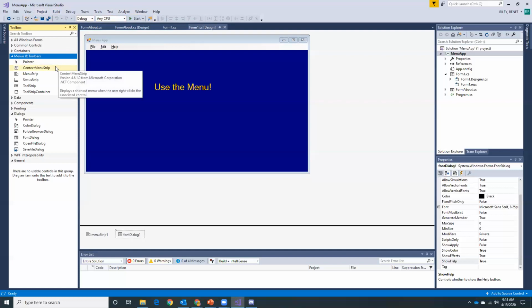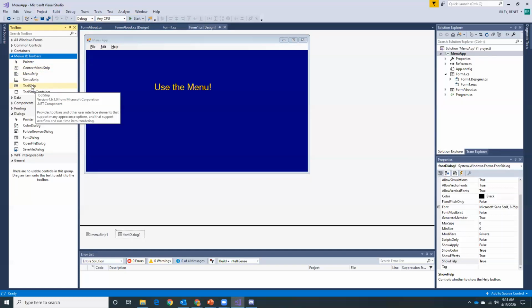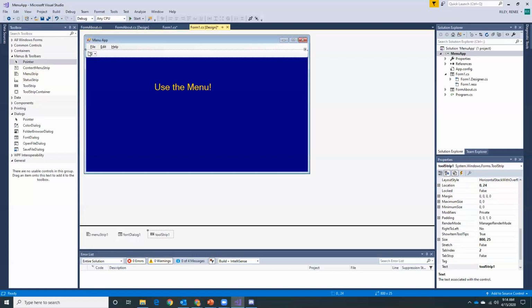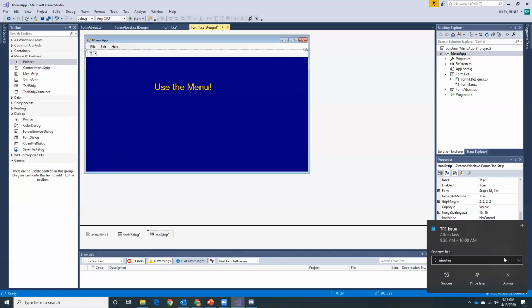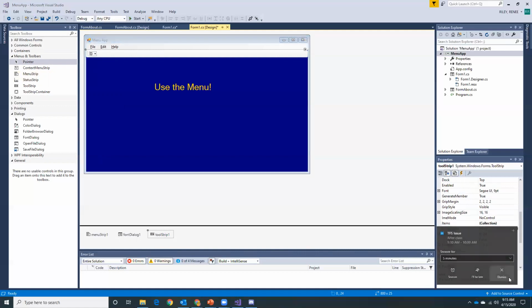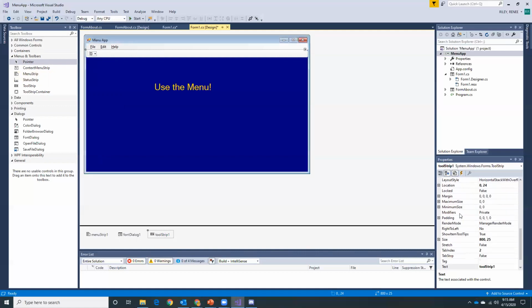Okay, so let's add a tool strip. You see the control. I want a tool strip, and I want it to be right here under my menu. So I'll just click there to add it. And voila, I've got my tool strip now down in my component area. Now, it's named Tool Strip 1. That's handy. And kind of like our menu bar,